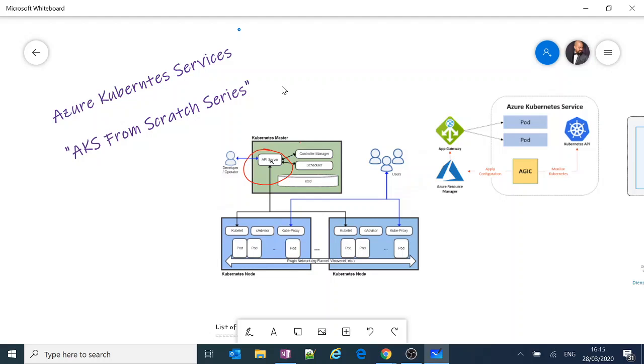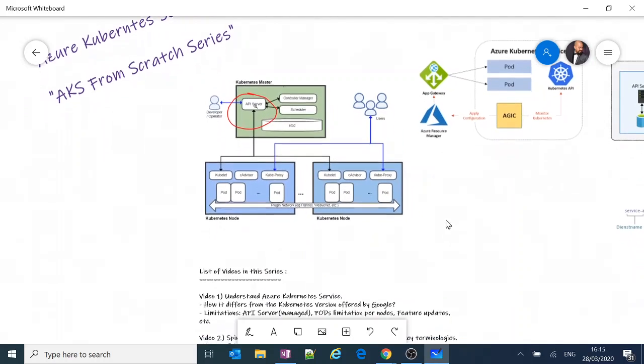So AKS is a booming concept which has come up. AKS is nothing but Azure Kubernetes Service. So what does Azure Kubernetes Service do? And how is it different from the Kubernetes service from Google itself? Okay, so in this particular series we're gonna talk a lot about